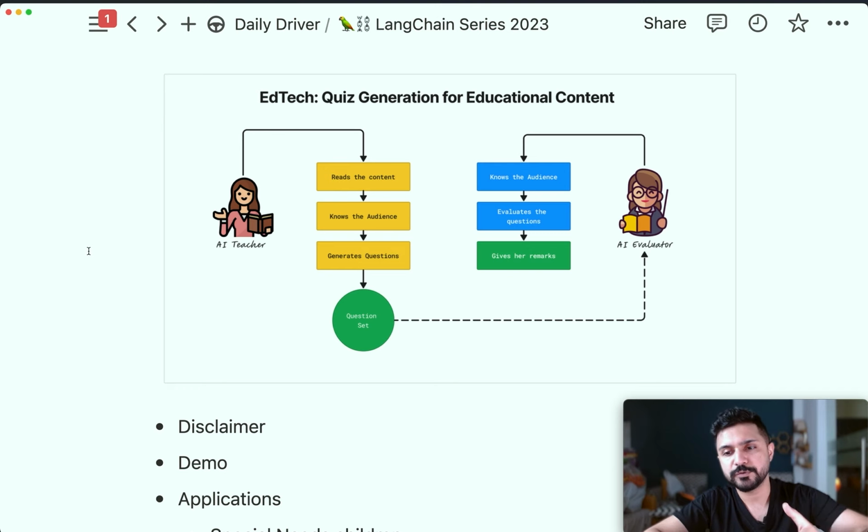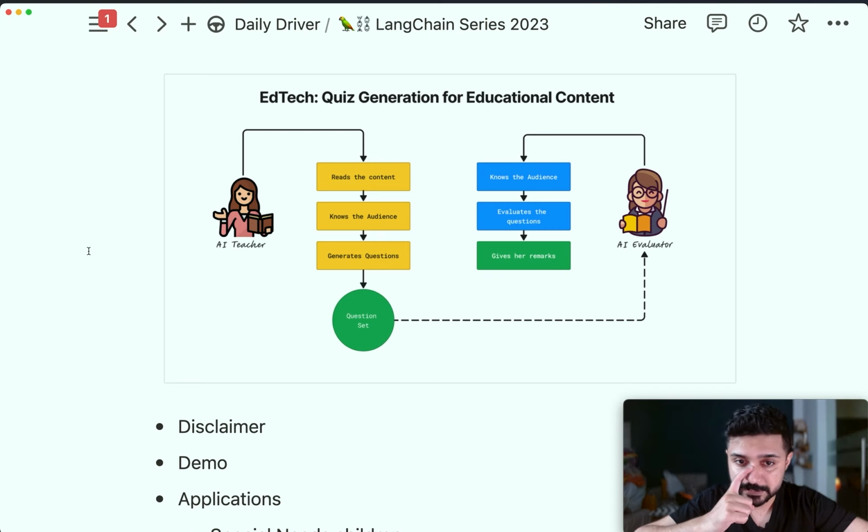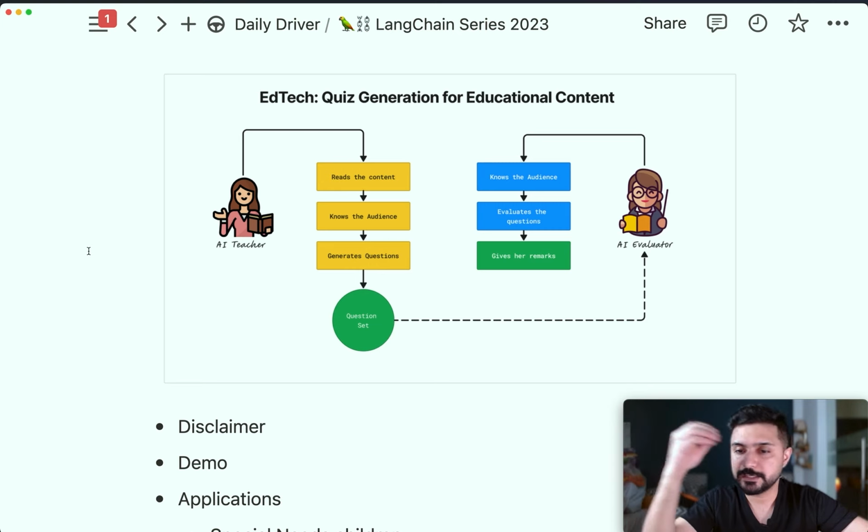Essentially the content could be something like a worksheet in a student's daily science book, for example. She knows the audience, who it is for. So let's say 5th grade students. And then she generates questions based on those. Once the question set is generated, it is passed on to another AI persona, essentially an AI evaluator,